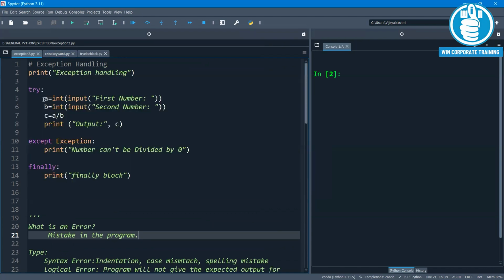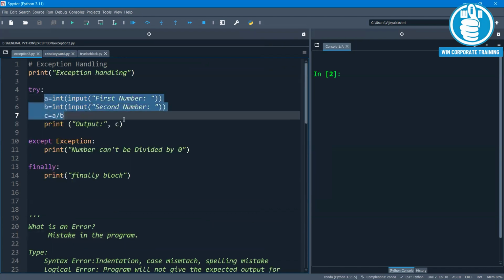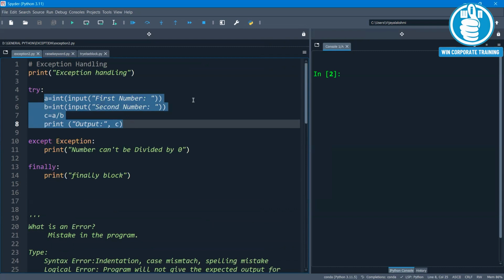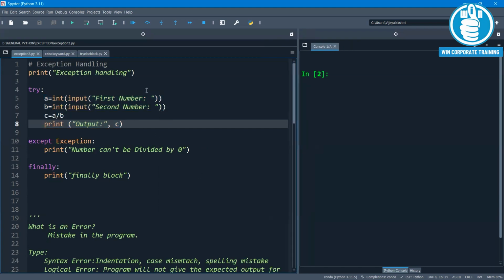Now in this example, the try block contains the code which may throw the exception. What kind of code is it? Whenever I try to divide a number by 0, it will throw the exception. And the except block contains the exception handler, and the code given in the finally block will be executed. Now let us see